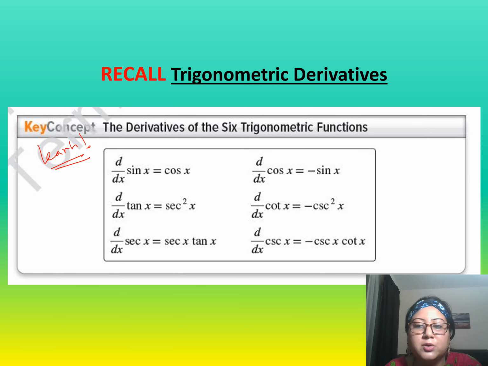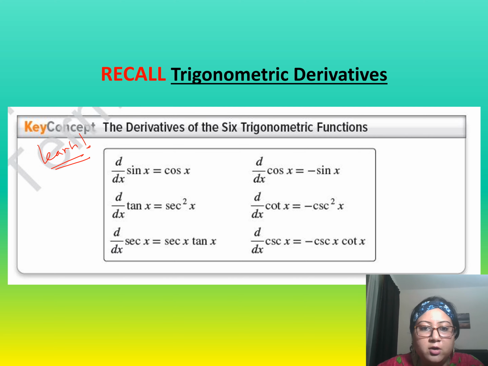Now, before we move on to the main part of today's session, that is going to be focusing on composite functions, I would want you to look at this last slide, which I want you to recall and remember and learn, so that you can use these 6 trigonometric functions and their derivatives directly when you are trying to solve a question. Now, here I would like to give you one quick tip or a trick, in fact, to remember these derivatives so that it becomes easy for you to use them directly without making any mistake.